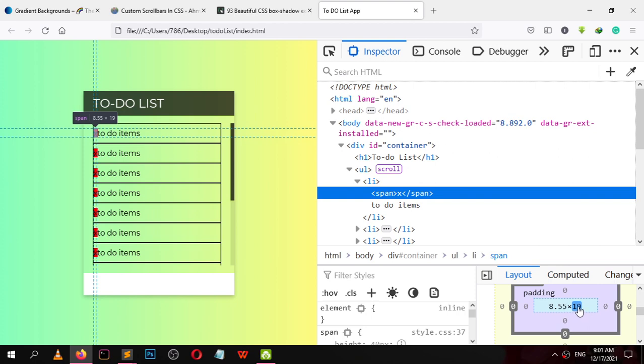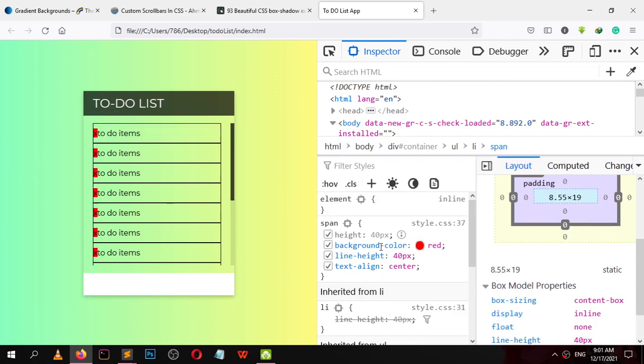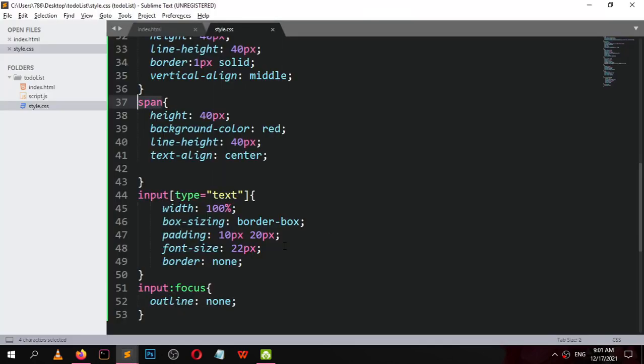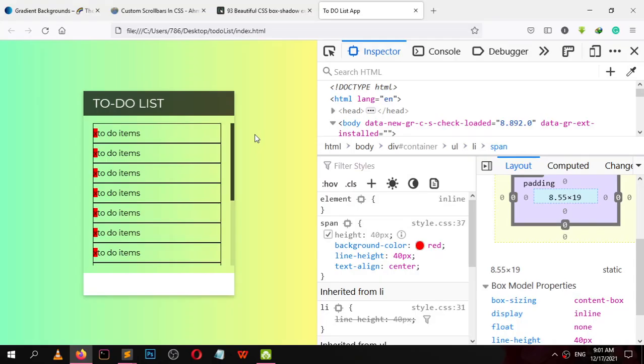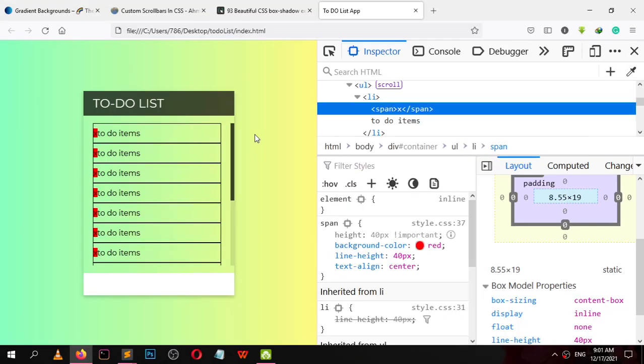Why is it 19 px only? Make it important. It doesn't give a height to the span.